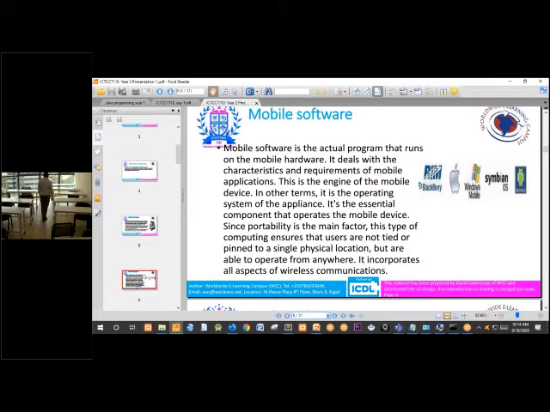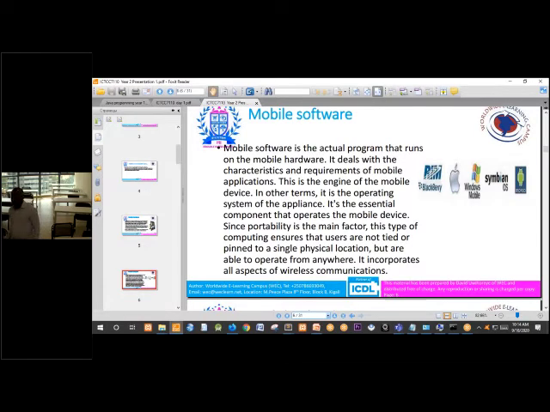We call those applications mobile software. Mobile software is the actual program that runs on mobile hardware. It deals with the characteristics and the requirements of mobile applications.